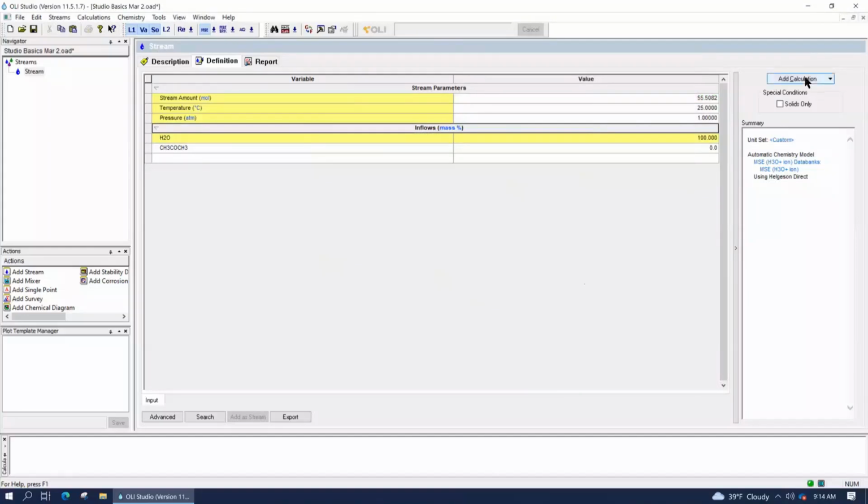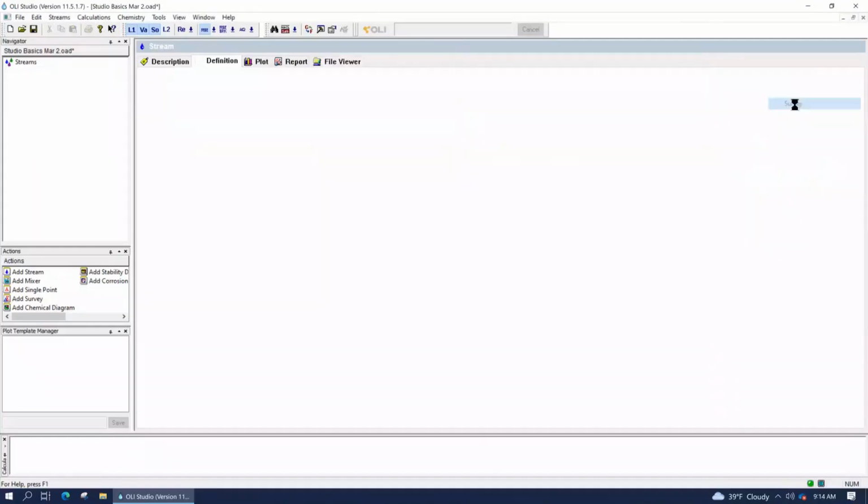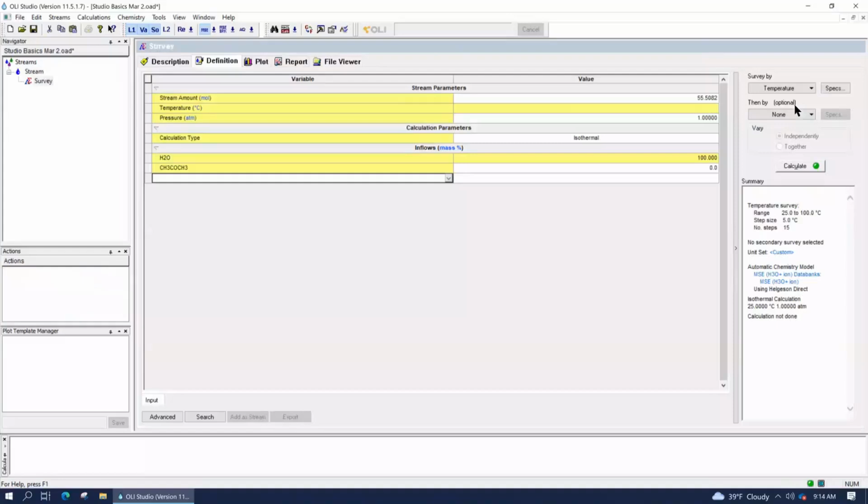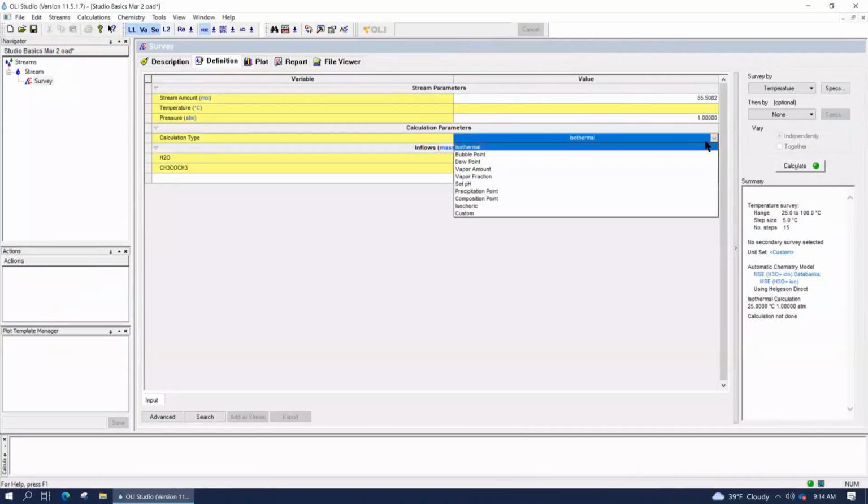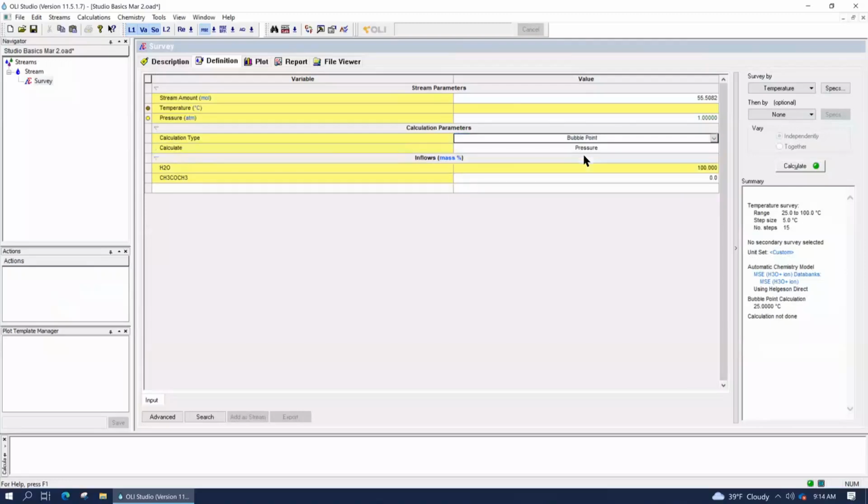And then we're going to add a survey. We're going to change the calculation parameter right in the middle of the grid here from isothermal to bubble point. We did a bubble point calculation yesterday, and we're going to do a temperature bubble point.